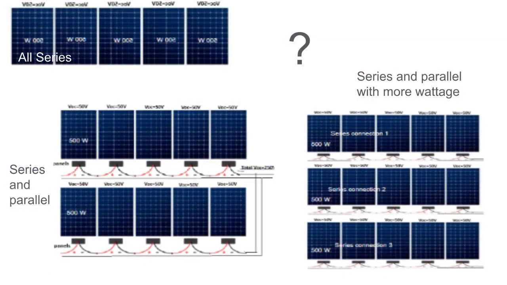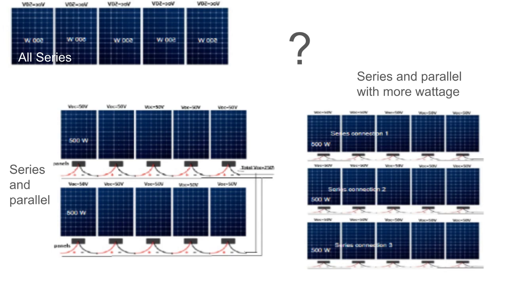We can use only a series connection like this one, or we can go with a parallel connection of two or more sets of series connections, or we can combine multiple strings into a parallel connection. This all depends on our understanding of the PV panel specification and the Solar PCU specification that we are supposed